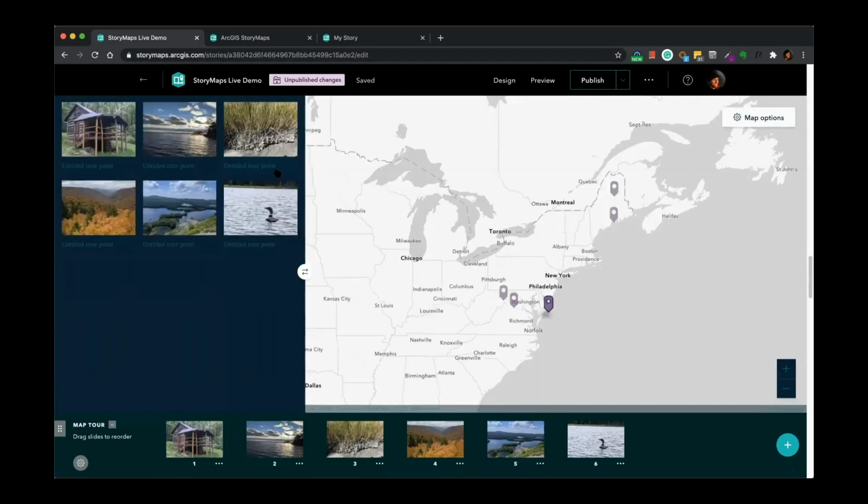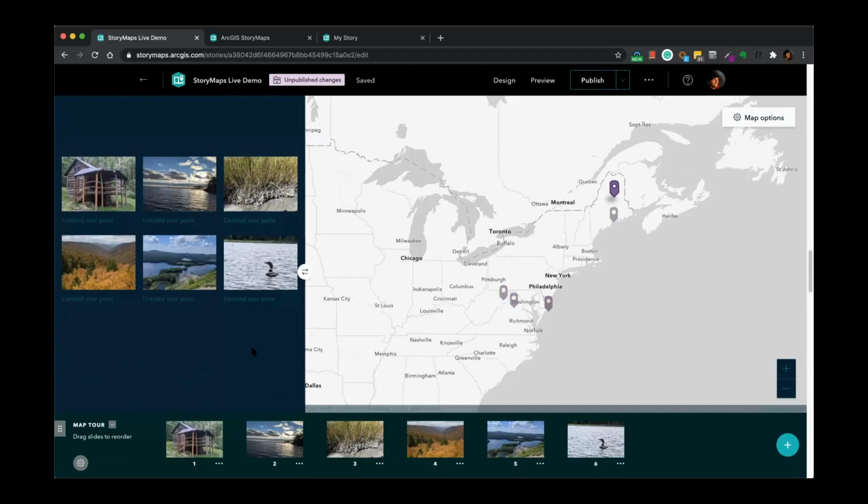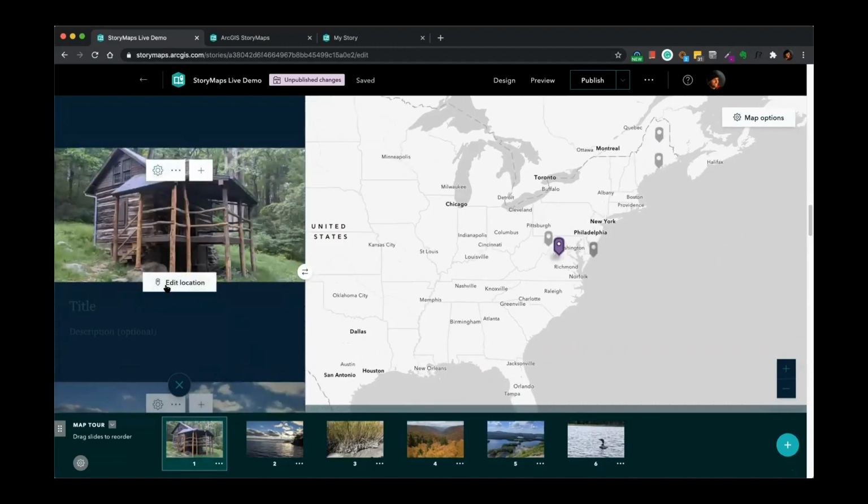Okay, so with that, I've just taken 6 different photos, geolocated them, and I've got this nice grid layout, and I've got the ability to customize these. So with Map Tour, you can go about your normal functions,